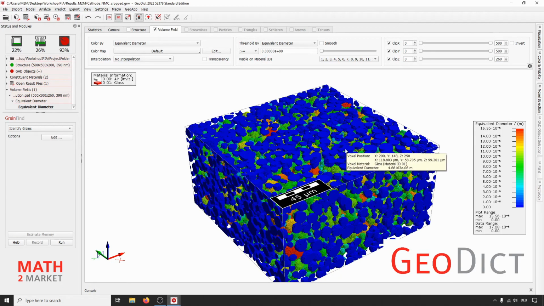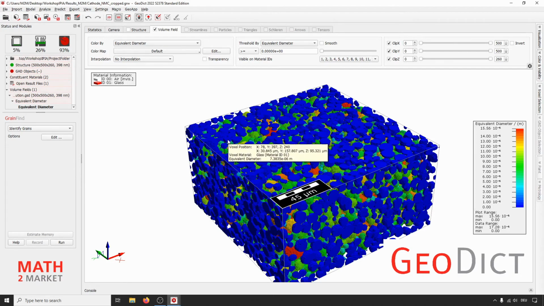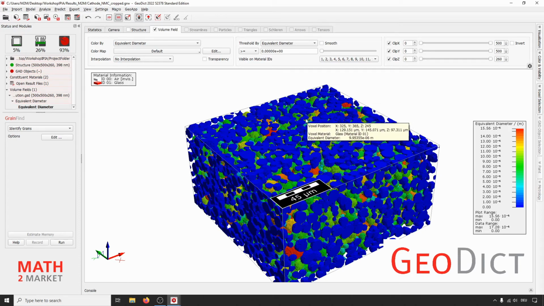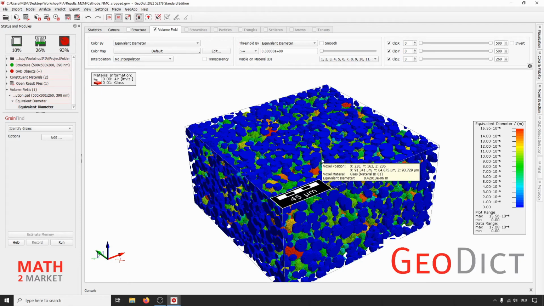You also see some blue grains here at the boundary, and that's because we selected the option to remove the grains at the domain boundary, and therefore these are half grains which are not analyzed, and therefore the diameter of 0 is shown here. You can change that by changing the threshold slider for the equivalent diameter.